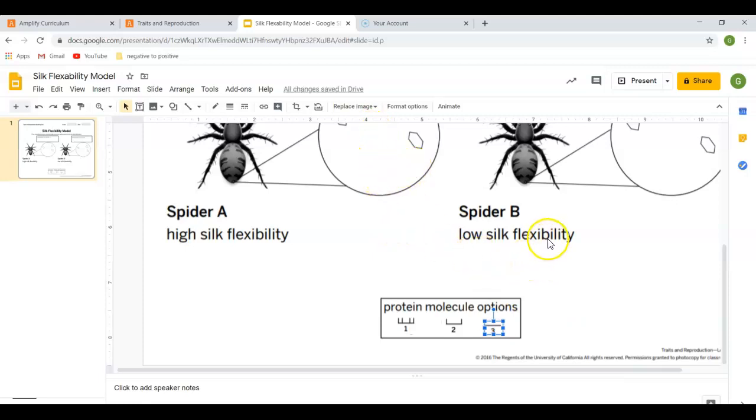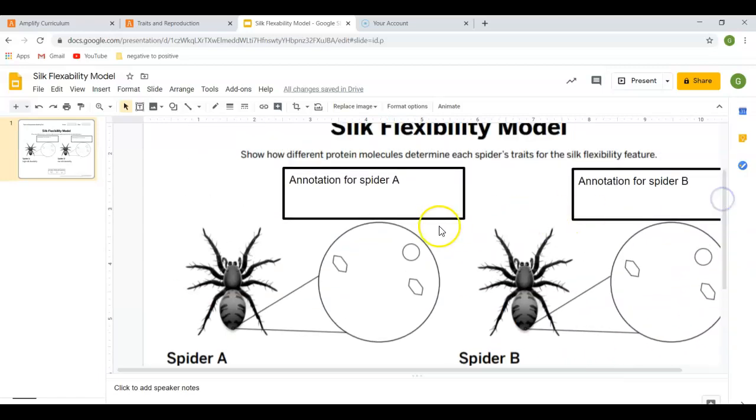If it has low silk flexibility, meaning it's kind of stiff, am I going to use 1, 2, or 3? Again, you're just going to pick which ones you think should be in there, and drag it in there. Once you have decided which proteins should be in there, I want you to then come up here, and I want you to tell me,